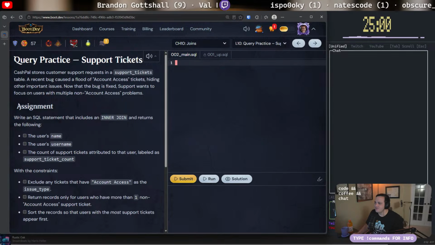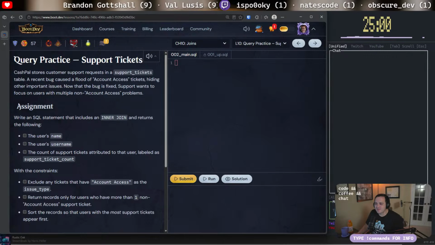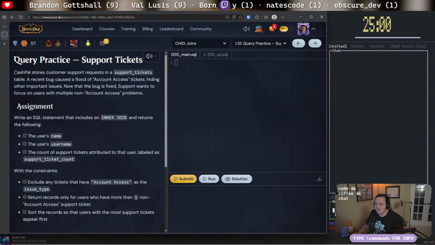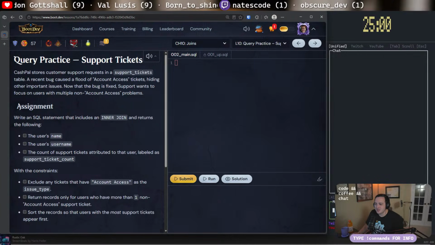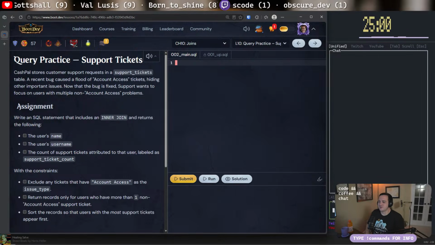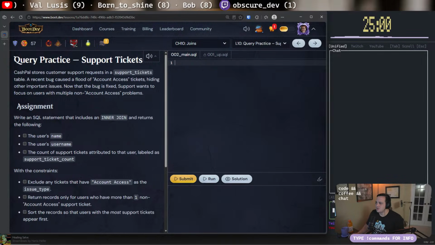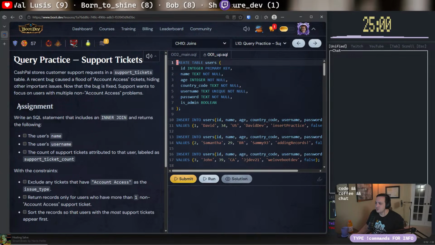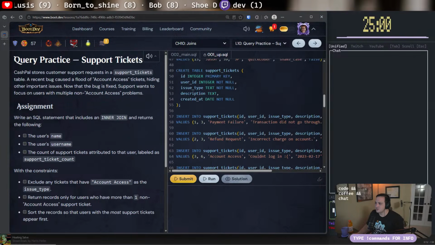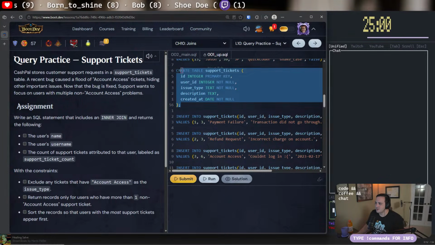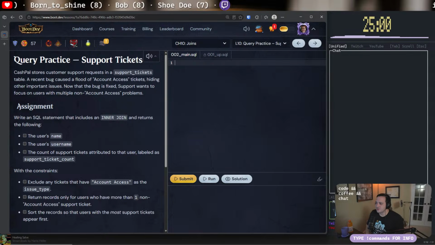Okay, back to SQL. We're not too far away from being done here. Write a SQL statement that includes an inner join and returns the following: the user's name, the user's username, the count of support tickets attributed to that user, labeled as support ticket count. Okay, so I'm guessing we have some support tickets somewhere. Yeah, right here. Okay. So what are we gonna do? We're gonna do